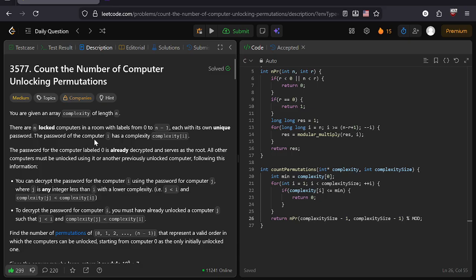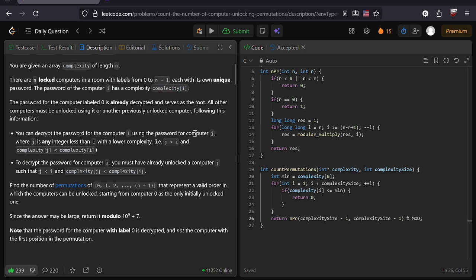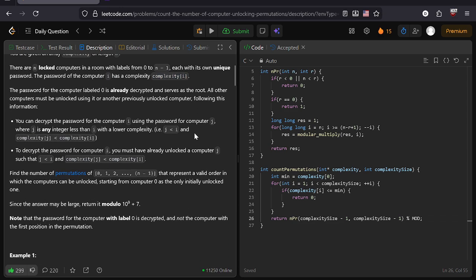The password of the computer with label i is going to have this complexity in this array. And note that the first index by this logic is going to be decrypted already, or just unlocked. And then you need to unlock all the other computers in the array